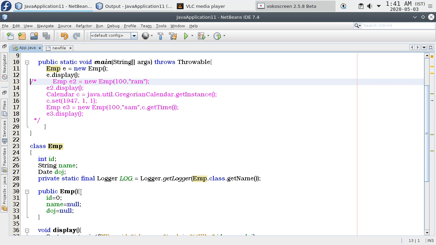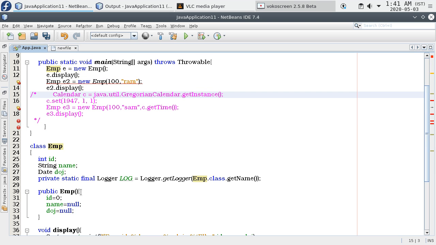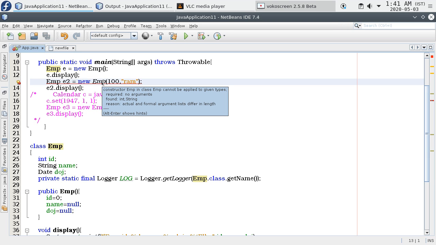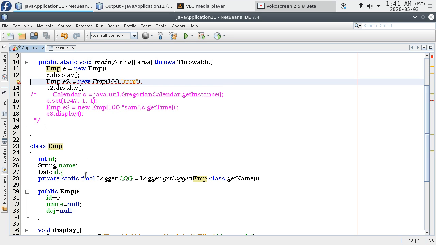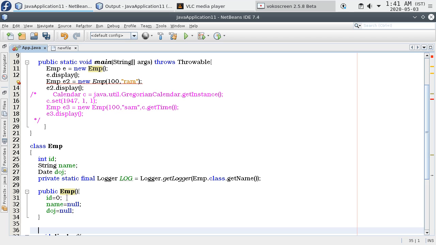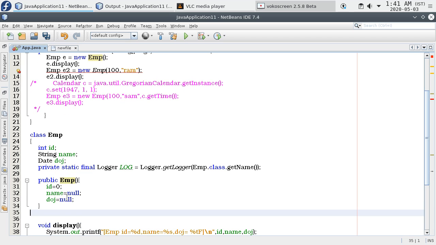Next object: it says there is no constructor emp in the class, emp cannot be applied to given types. So it is trying to call the constructor with no parameters, which we cannot call. Now we need to declare a new constructor which takes two parameters.